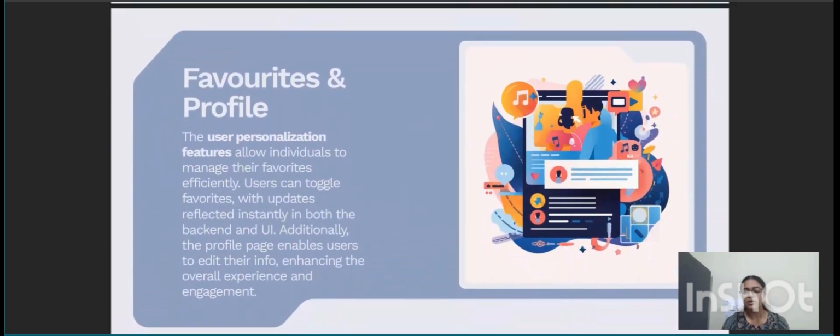Overall, the front end plays a crucial role in ensuring smooth interaction between the user and the system. It continuously communicates with the backend through secure APIs, updates the UI dynamically, and provides a fast, responsive, and engaging user experience. With this, I conclude the introduction and front-end explanation, and now my teammate will explain the backend implementation